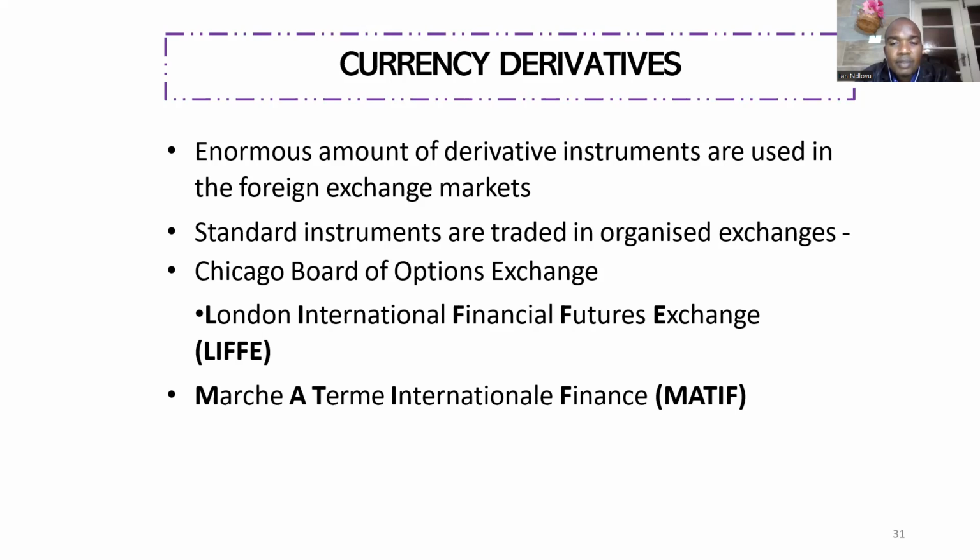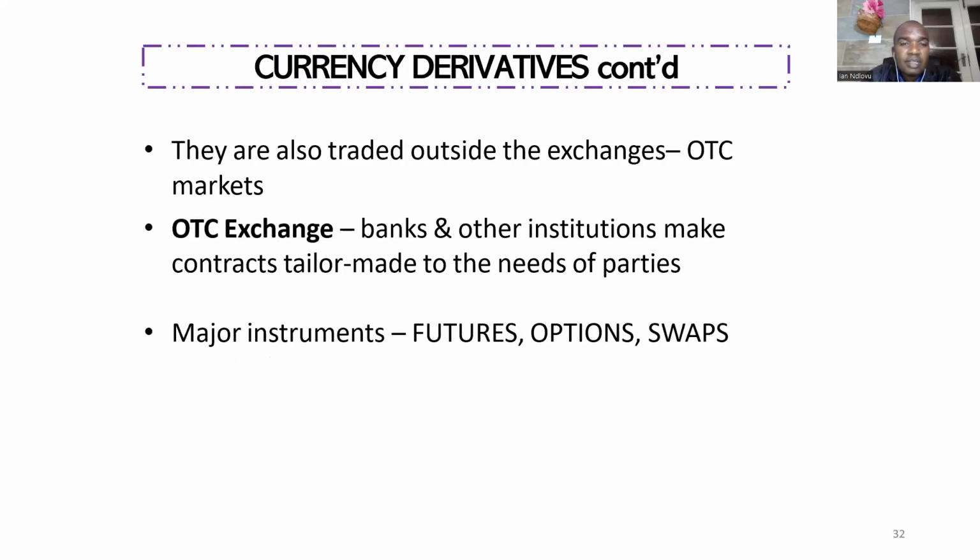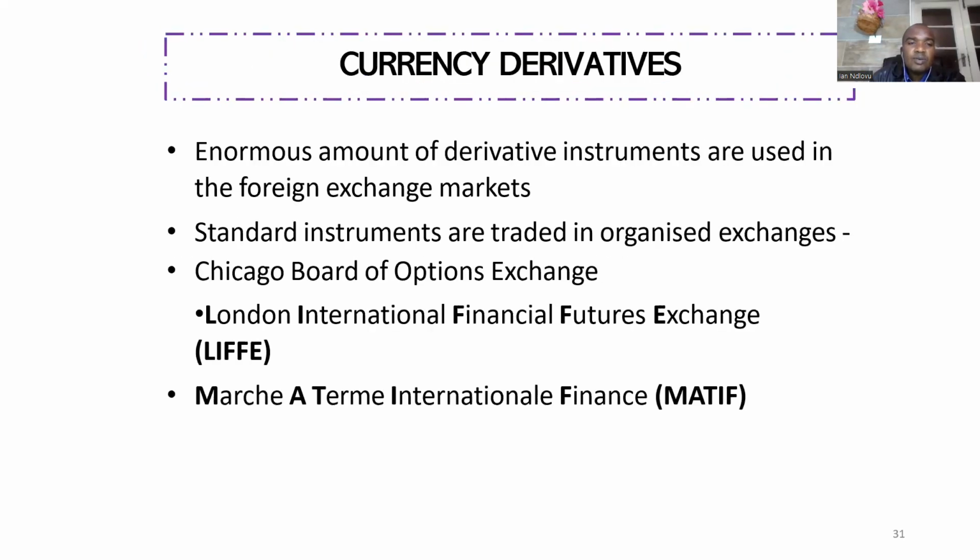What I didn't elaborate is that those assets can be futures or options, or in short, they can be currency derivatives. So when we are looking at currency derivatives, these are instruments that are used in foreign exchange markets